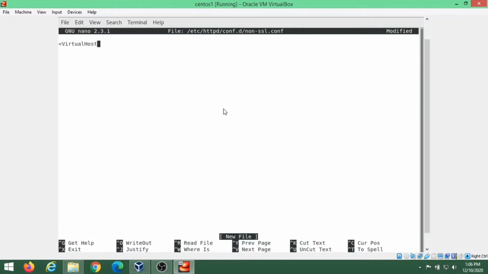So we will give VirtualHost and the port 80. Inside this, we will give ServerName, which can be our domain name or IP address. Here we will give centos1vm.hyderabad.cdac.in, and we will give the Redirect directive to match any request and send them to the SSL virtual host.